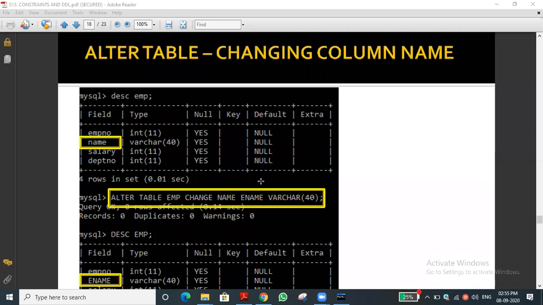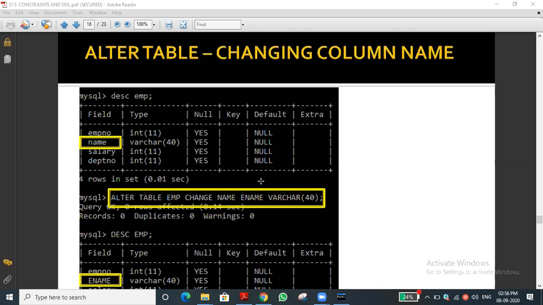You can write down the syntax. We will discuss it tomorrow also, not an issue, I will complete it. Alter table is a common keyword. Then the table name that we have to give. Change existing field name, new field name. You can use your own term also. So that field alone I want to change into e name. No need to give a comma: existing field name, one space, new field name and its data type. What is the new field name's data type?